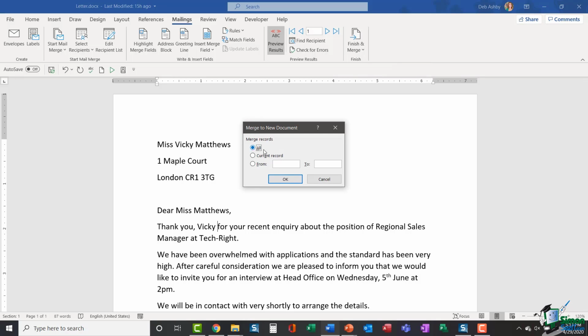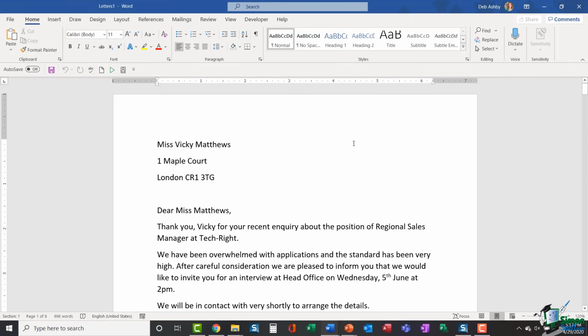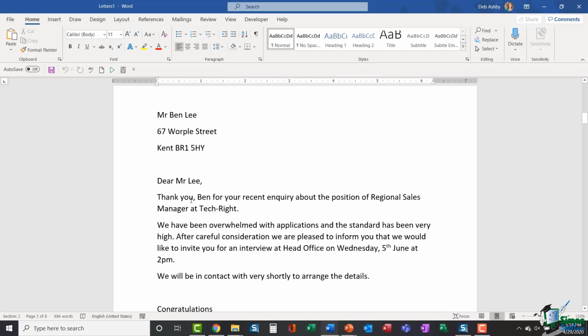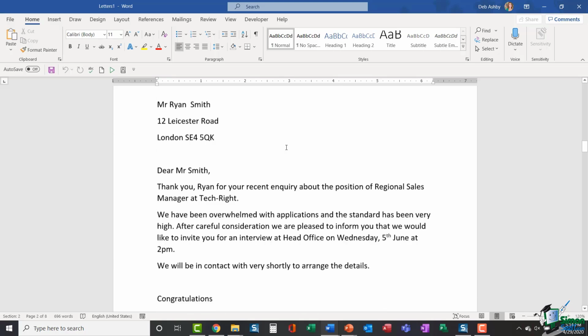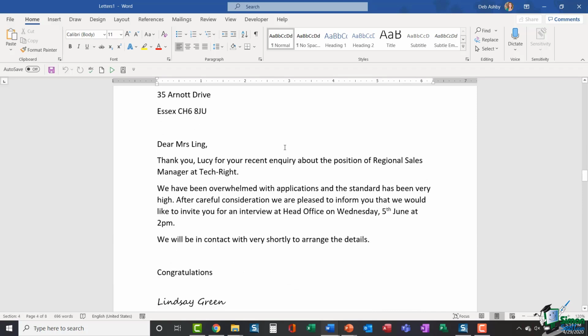I'm going to say merge all records and click on OK. And now what I get, if I scroll down, here is my first letter, which is personalized to Vicky. And if I scroll down, you'll see that I get the next letter, which is now personalized to Ben. The next one is for Ryan, so on and so forth. So it's created all of my letters en masse for me, saved me so much time by utilizing that mail